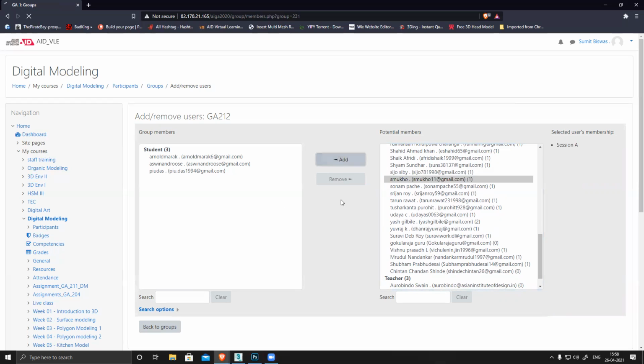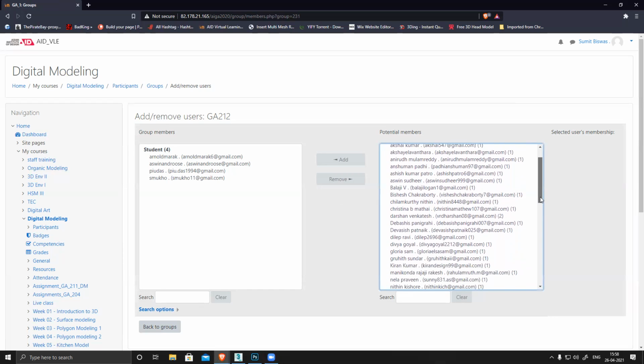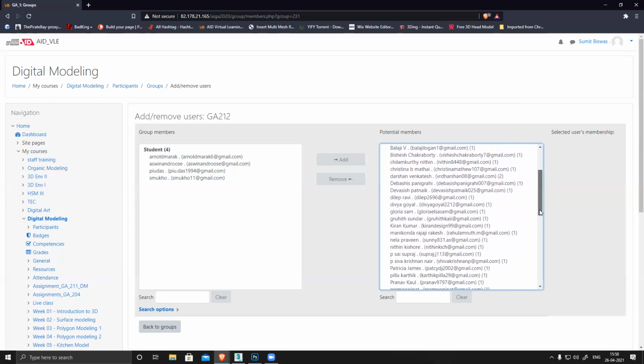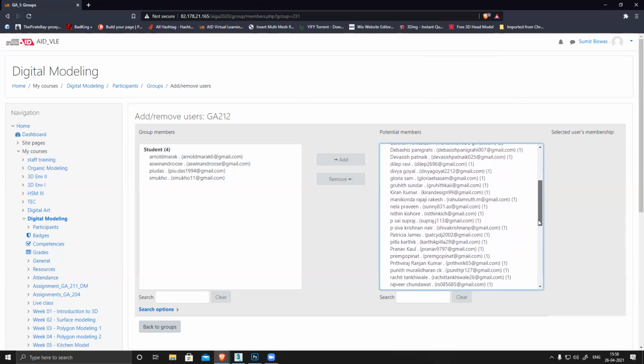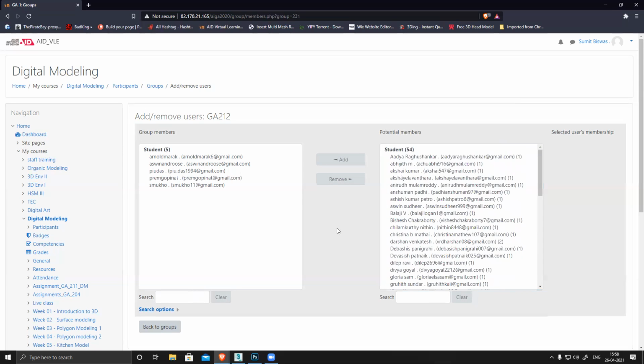This one, add. Okay, then your email ID is premgopinath@gmail.com. Yes. Give me a second. Yes, I have added.